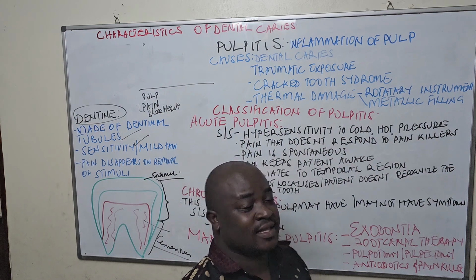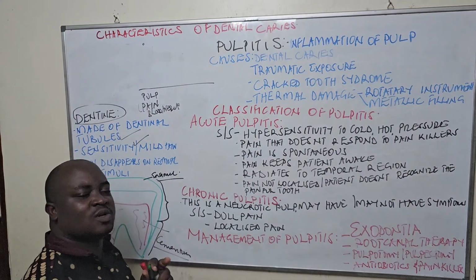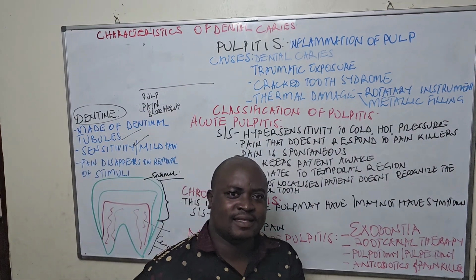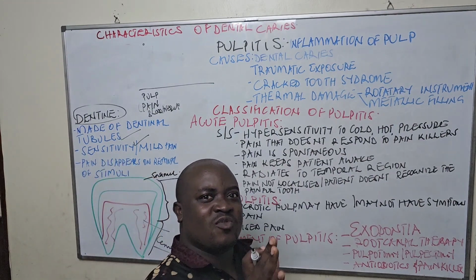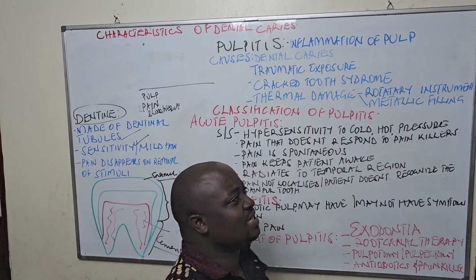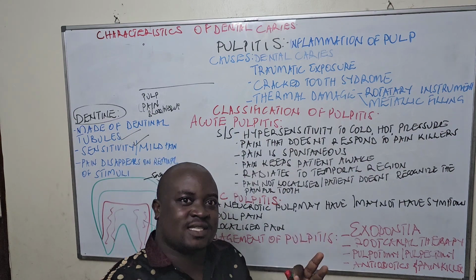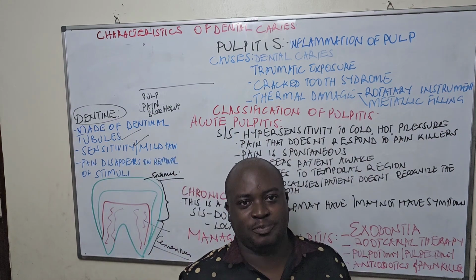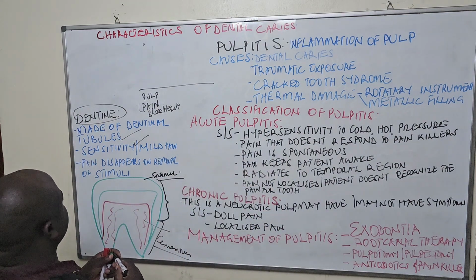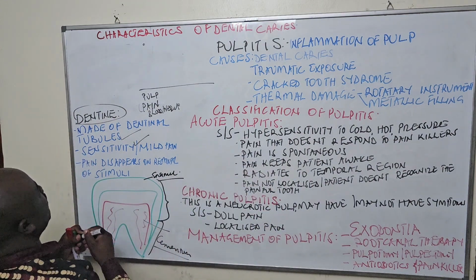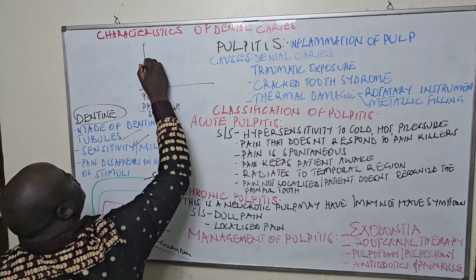Usually, they normally ask this question in the examination: the pain that disappears on removal of the stimulus. Meaning the pain was there due to the sensitivity, but once the stimulus is removed, it disappears. What do we mean here? Once we have tubes,